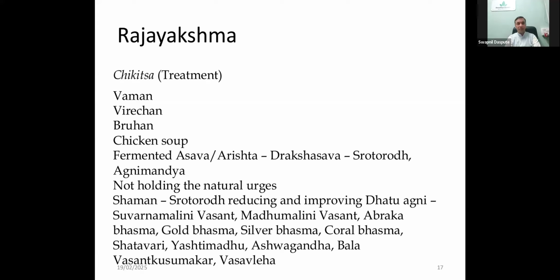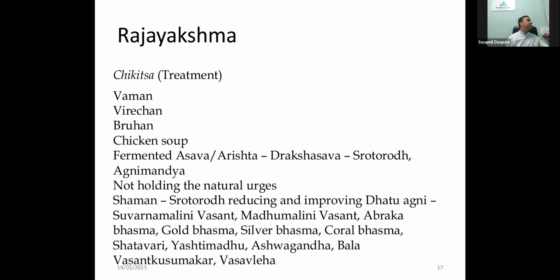Okay, so Vasanta Kalpa is what it is called. Suvarna Malini Vasanta, Madhu Malini Vasanta, these medicines have Suvarna Basma, Raupya Basma, Silver Basma, Gold Basma, Pearl Basma, or even Coral Basma in them. They help because Basmas are very fine. You know what a Basma is. Because it is fine, it gets digested and absorbed faster, and its action can happen faster